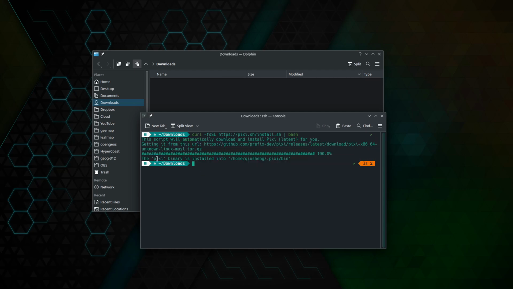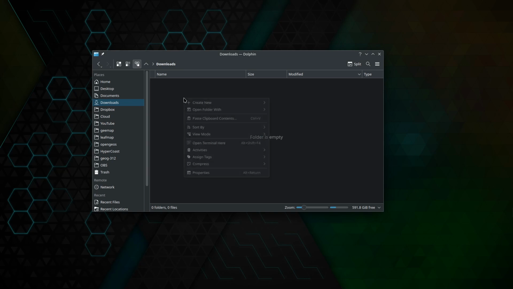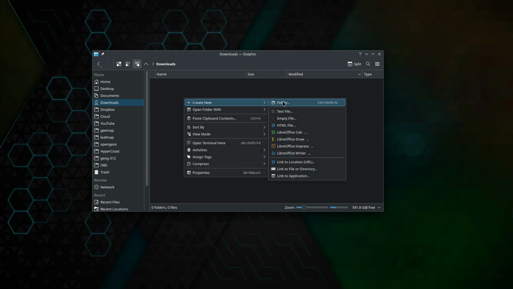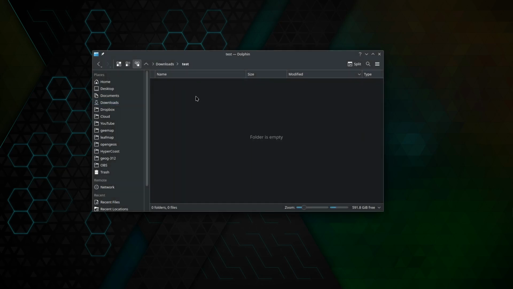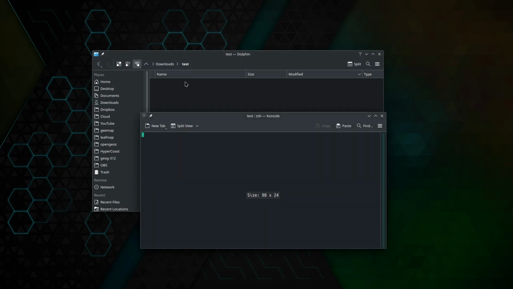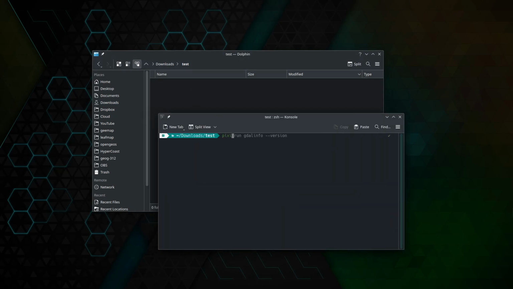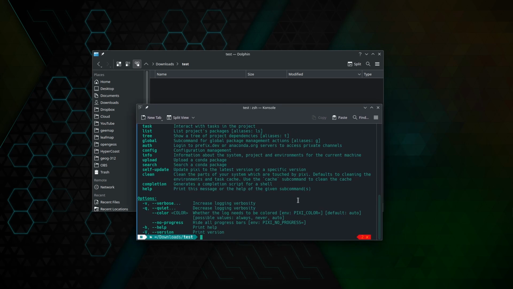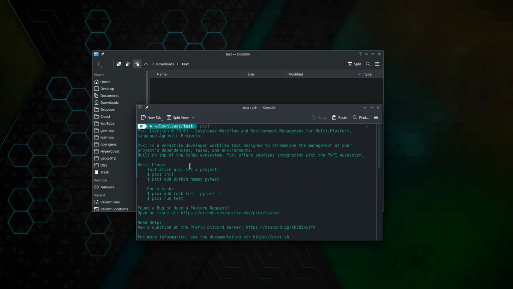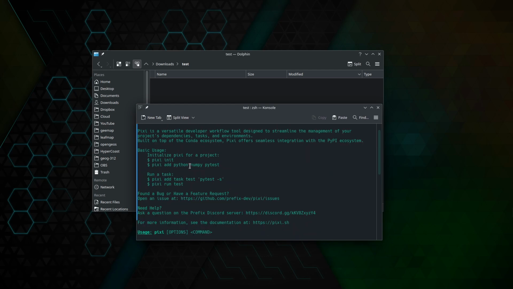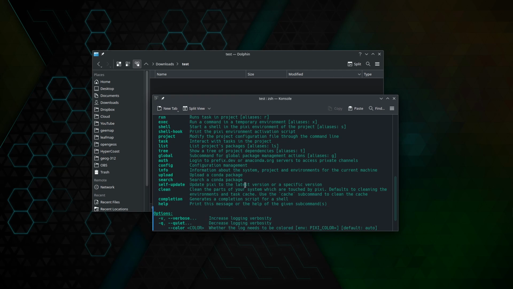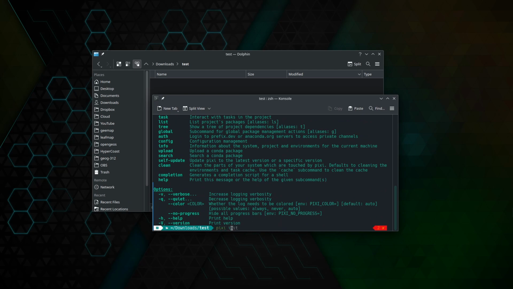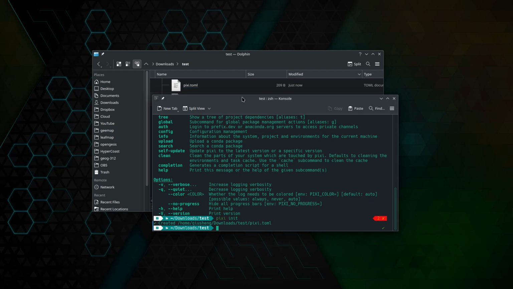Once we have installed Pixi, you can create any project on your computer. So I'm going to just create a test directory. Once you have it installed, you should be able to just type pixi in the terminal. If you can see this, that means you are good to go. So here I have some basic instructions. You can just initialize the project. Once you're inside this directory, I can just type pixi init, and it's going to create this